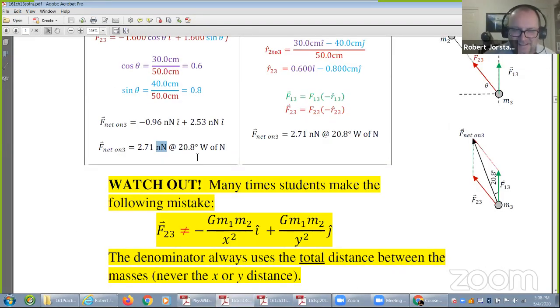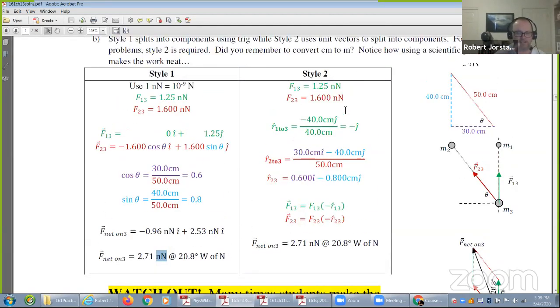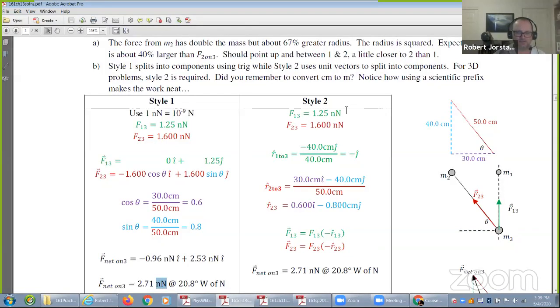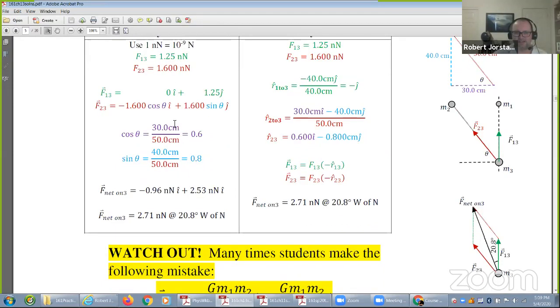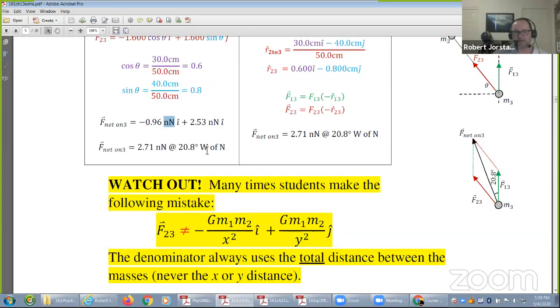Nanonewtons. We're talking about masses that are several pounds. These are 1 kilogram and 2 kilograms and 3 kilograms, right? So 1 kilogram near Earth is equivalent to about 2.2 pounds. So we got a 2-pound mass, a 4.5-pound mass, and a 7-pound mass, something like that. And these things are only producing nanonewton forces. By comparison, mg is 10 newtons, so you got 10 newtons, 20 newtons, and 30 newtons as the weight due to